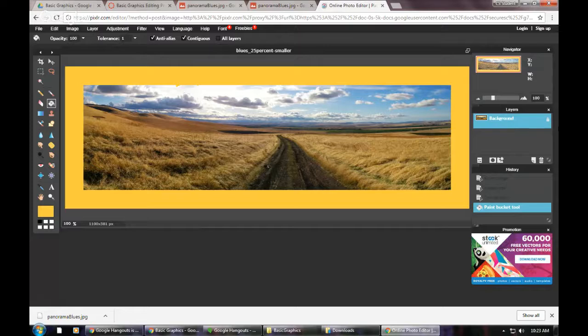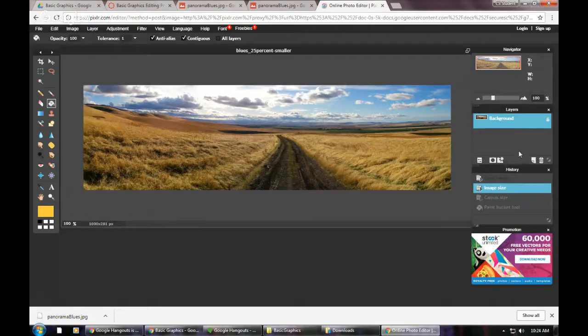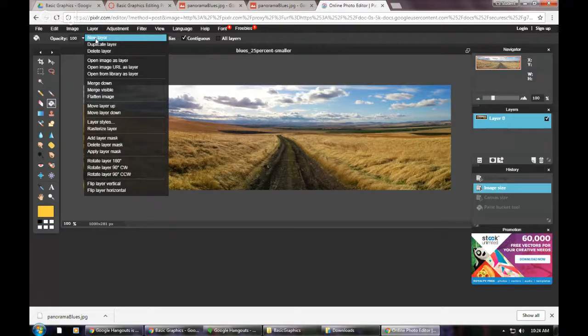So let's see. I want to undo that. I want to undo the border. And what I'm going to do is unlock the background by double-clicking that lock. Come on. There we go. So it's unlocked now. Next thing I'm going to do is add a new layer. I think there's a button down here for that. Yeah, there's a new layer button here in the layer box where I can go to layers and add a